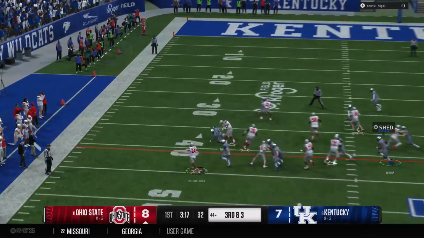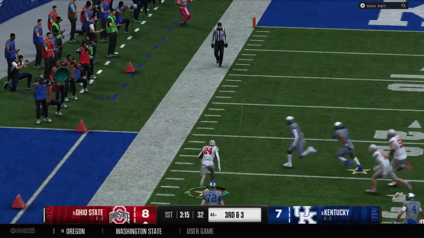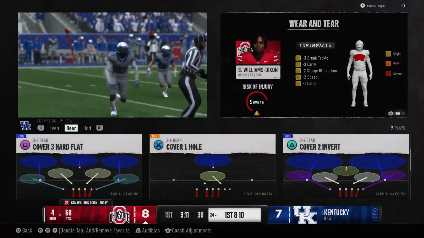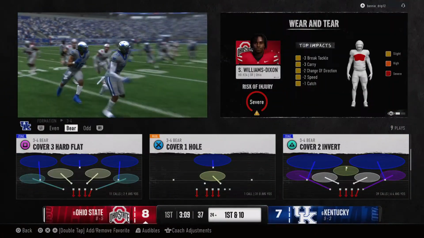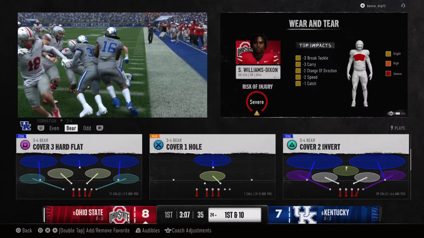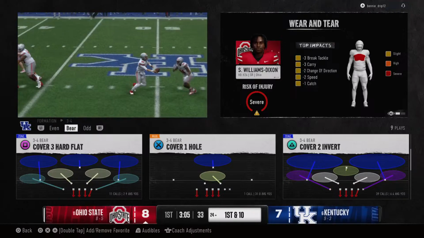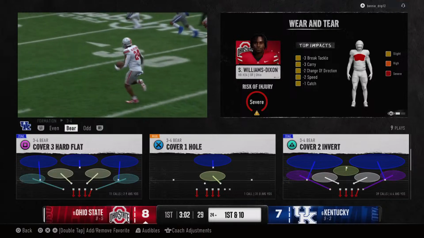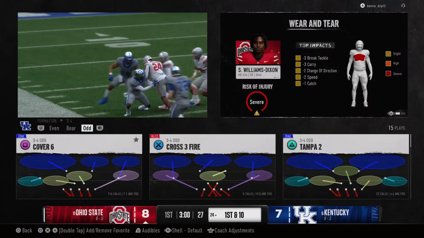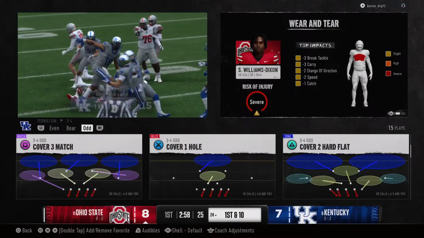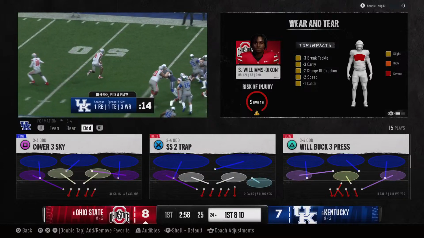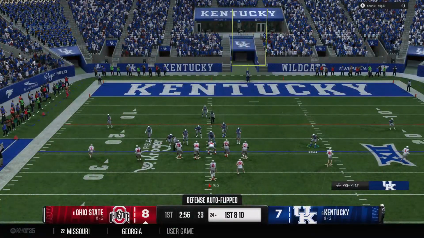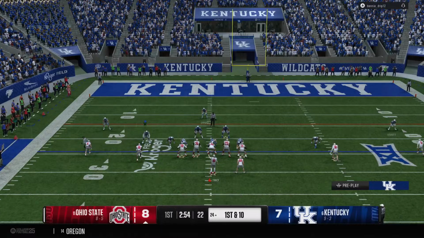They'll try to move the chains here on the ground. Get some space around the 30. They finally get him down, but an explosive play. The offense in business now at the 24. Well, they trust the running game on third down there and come up with a huge chunk play. Chris, to me, it looked like the defense was just selling out to try to come up with a stop on third down. And once the back got the yards he needed, he looked a little bit surprised he was still on his feet and looked around and saw that he had room to run and picked up some big yards.